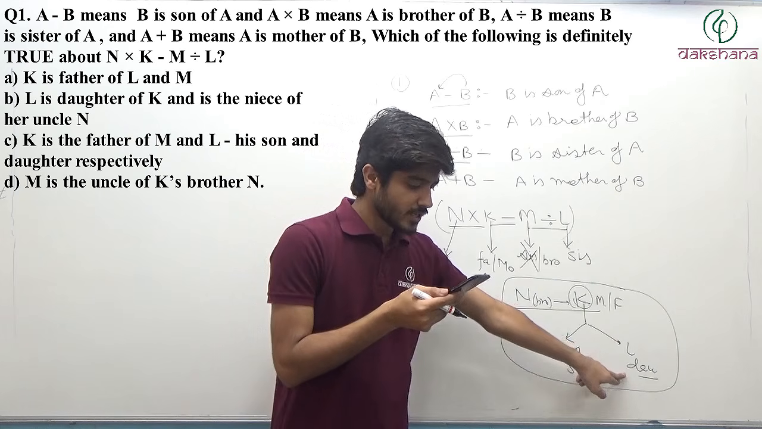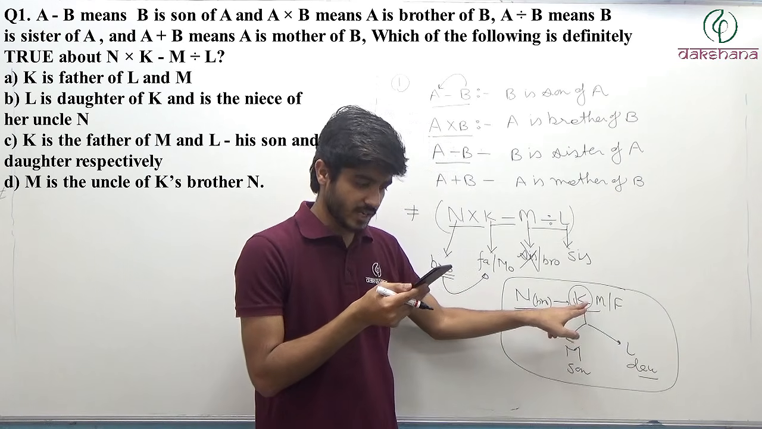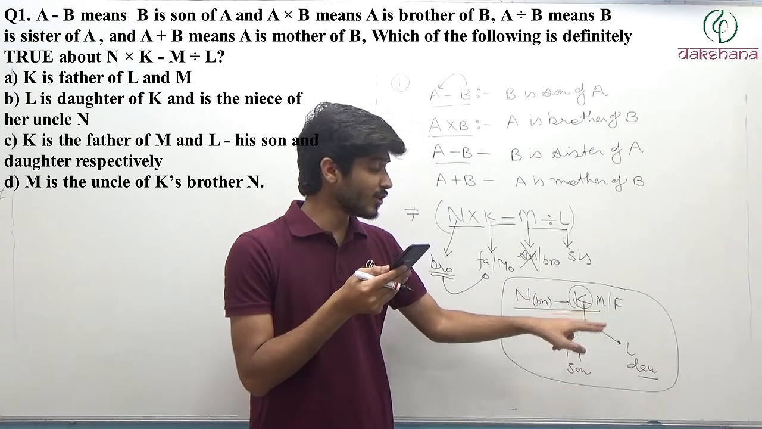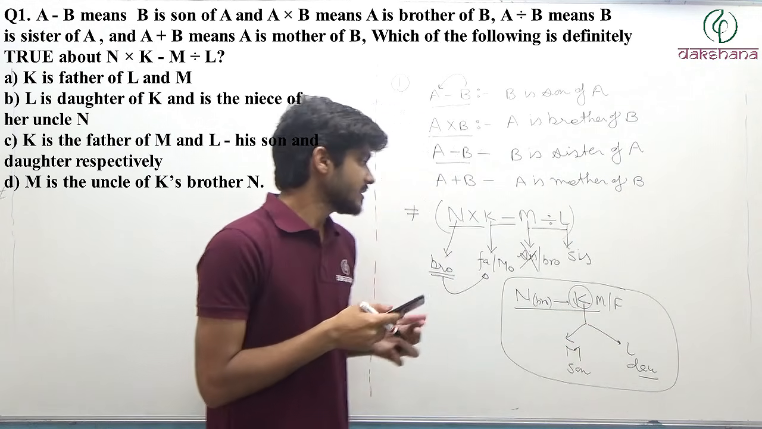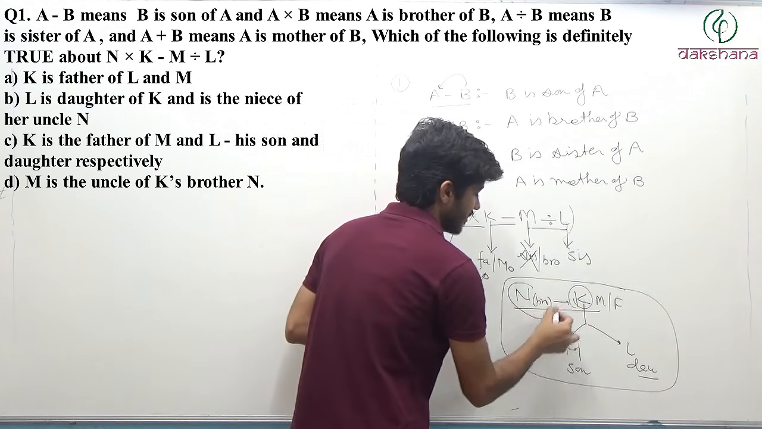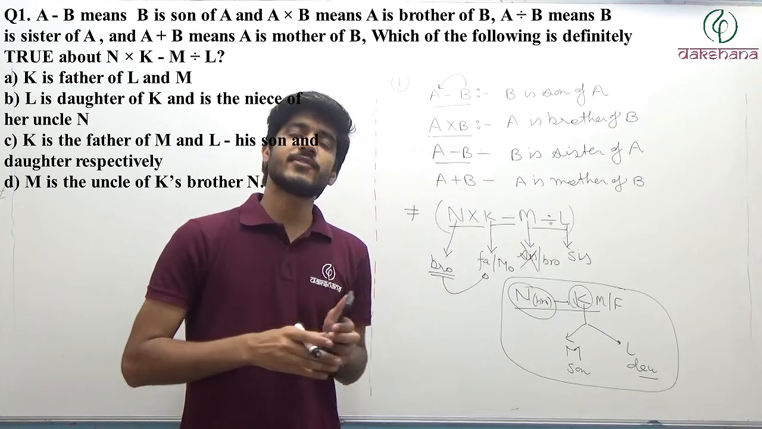Option B says L is daughter of K and the niece of her uncle N. L is daughter of K, that's fine, and the niece of her uncle N. See this guy N. Okay, what is niece? In Hindi, if you talk about niece,